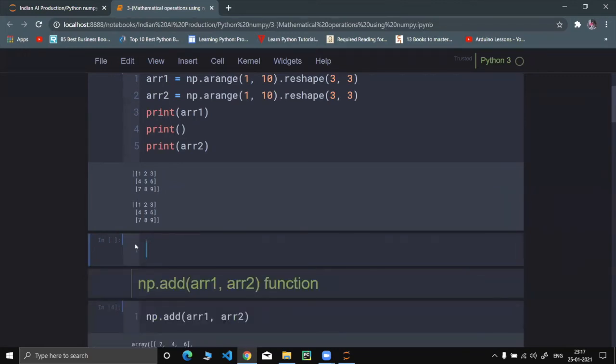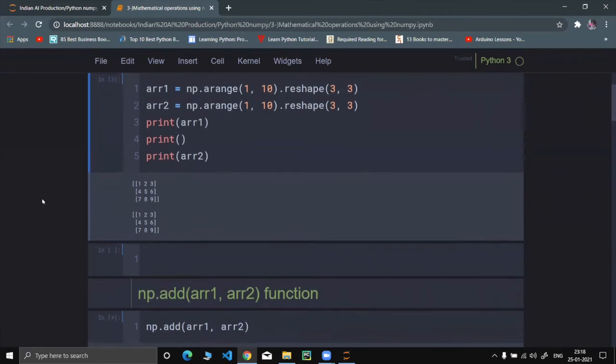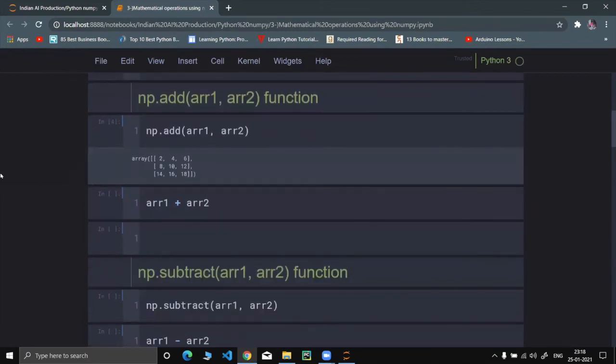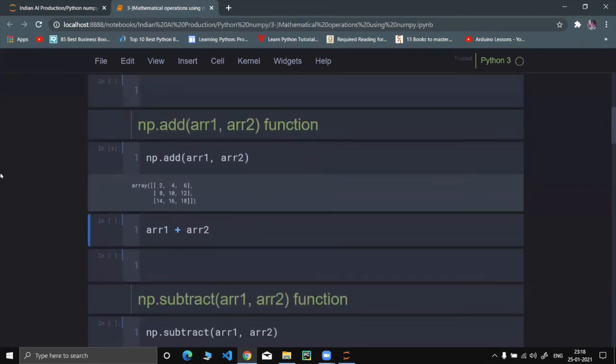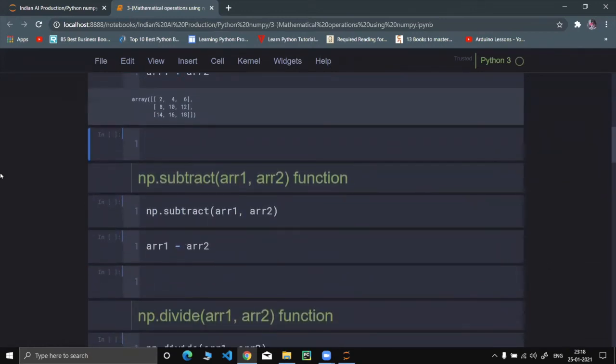What that basically means is, the first elements of both arrays get added, then the second elements, and accordingly all the corresponding elements get added using this numpy.add function. It can also be done using the plus sign.